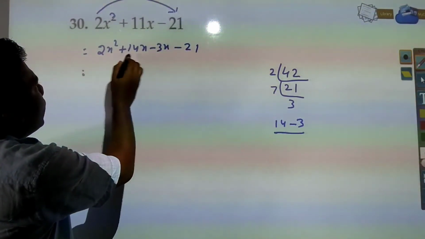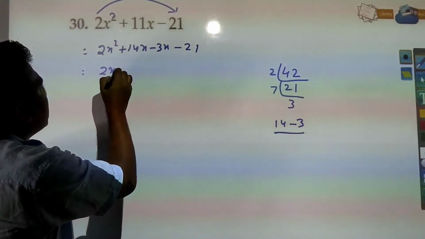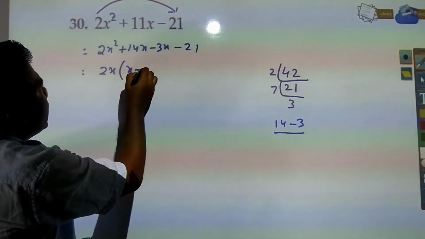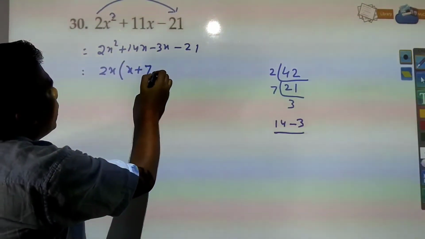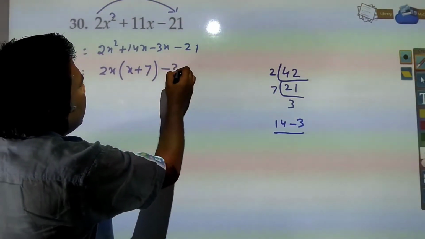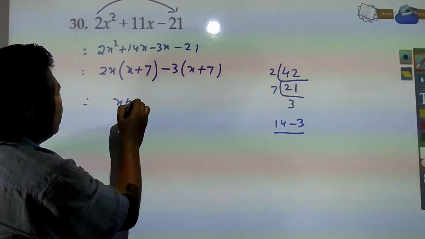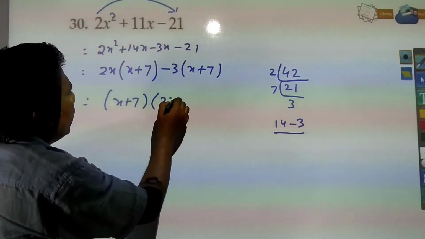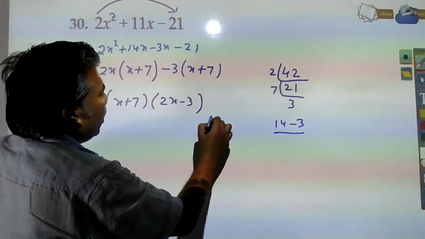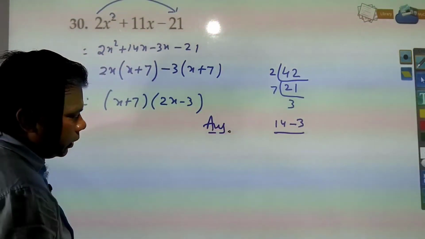Now here you see what common you will be having, 2x. So you will be left with x plus 7 and here you will be having 3 times x plus 7. Then x plus 7 into 2x minus 3 will be your answer. Next you see,